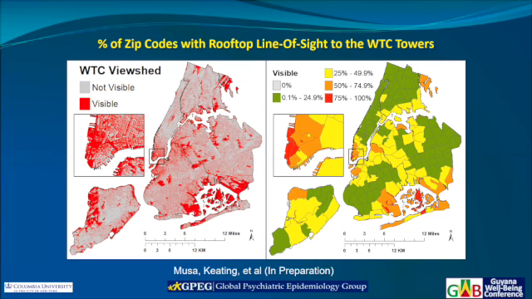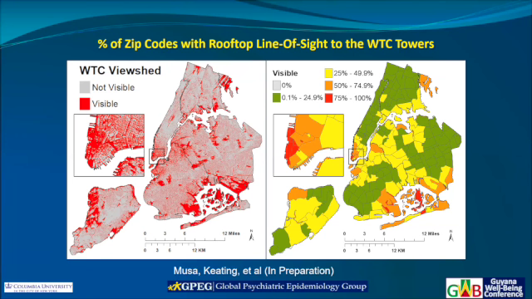Then there's whether or not you could see the towers from the neighborhood, and the proxy you can use is whether the building's rooftop had line of sight, or whether the street level had line of sight. We can't see in everybody's windows, of course. We could look at how tall the building is, much the same way cell companies establish cell phone towers. They look to see where the mountains are, where the high buildings are, where is the best location to put a new cell tower so that they can have the most coverage in an area.